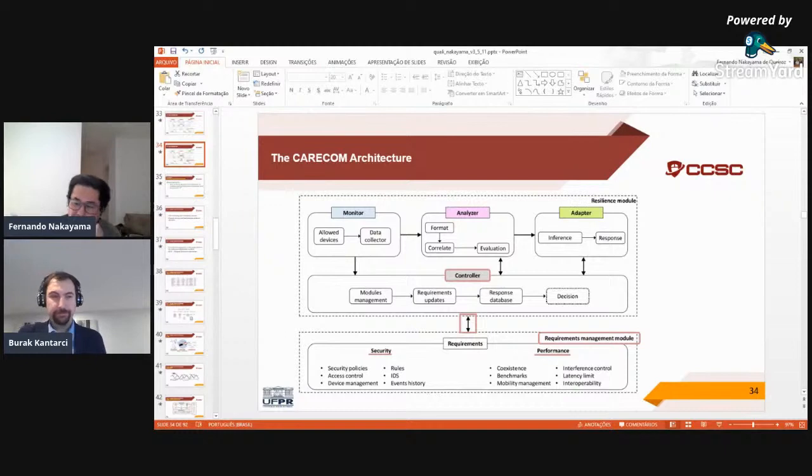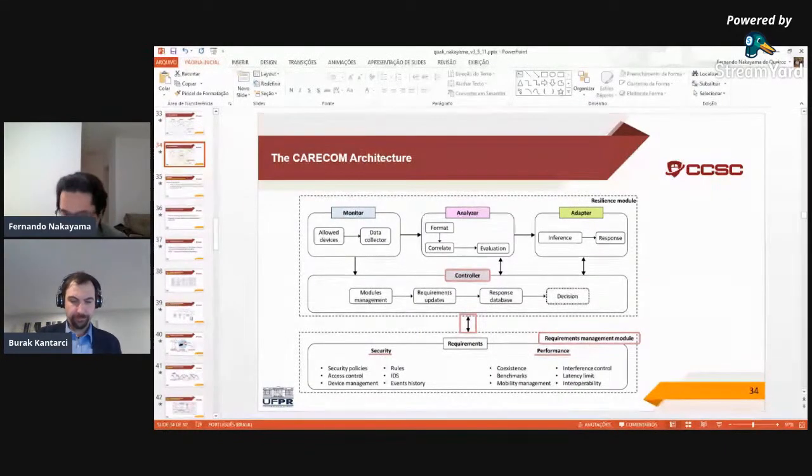And I understand that for some of the specific tools and solutions, for instance, IDS, as you mentioned, I can have an application for the sensing service, and I can have a different application of the same category, IDS, for the communication services, and I can have a different IDS for the end-to-end communication service. So that is very complex, and we have to narrow down and really understand the main aspects, not only for the security, but also for the performance requirements.